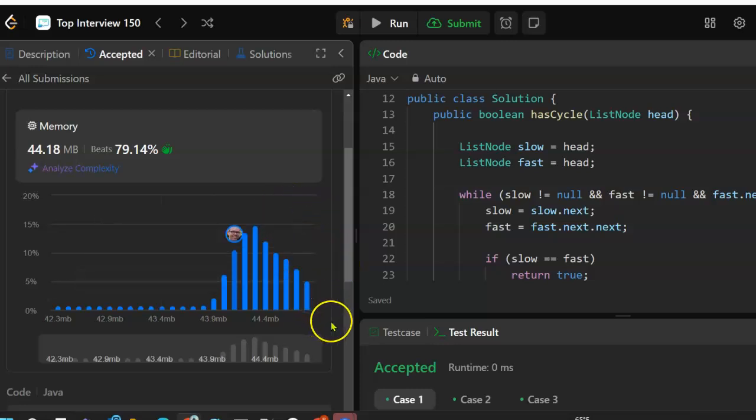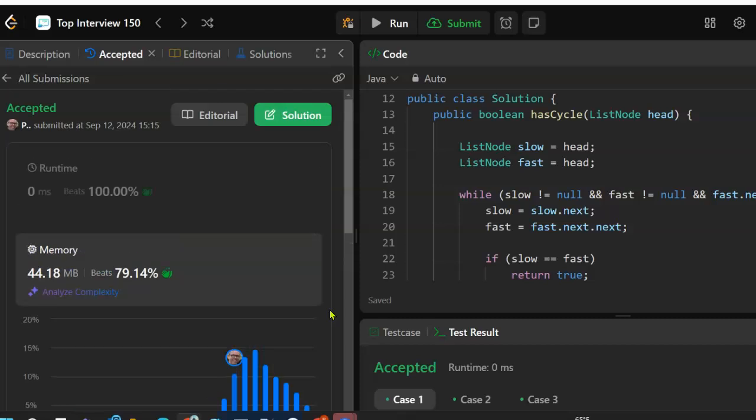Well, I don't know. There's not much difference here. I don't think there's enough difference to say that the people to the right of our solution used a hash set. Because I would expect that to have a much longer tail. But anyway, so that is